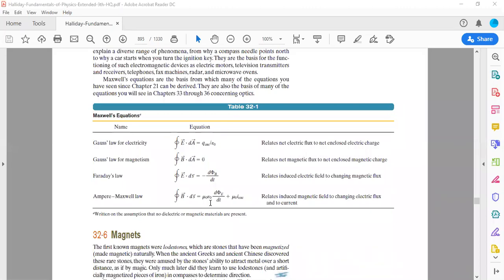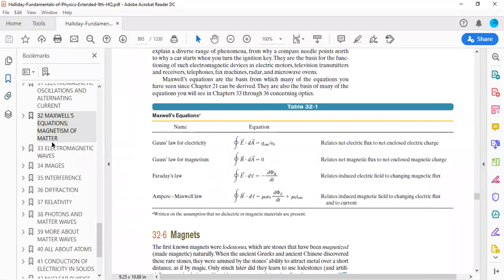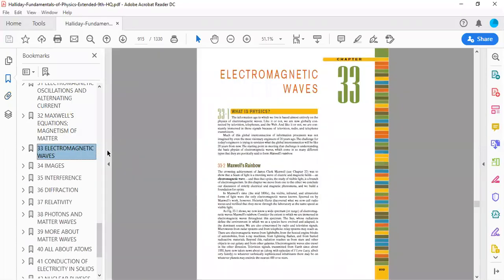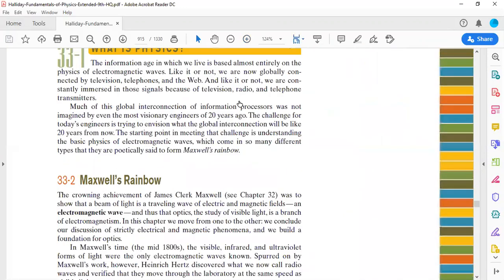by combining all these equations and applying them, we are able to produce electromagnetic radiation. And it is due to Maxwell that visible light was also considered as part of the electromagnetic spectrum. Now, the electromagnetic spectrum is very wide and contains a long range. So I will show you something from the next chapter, something about electromagnetic waves.